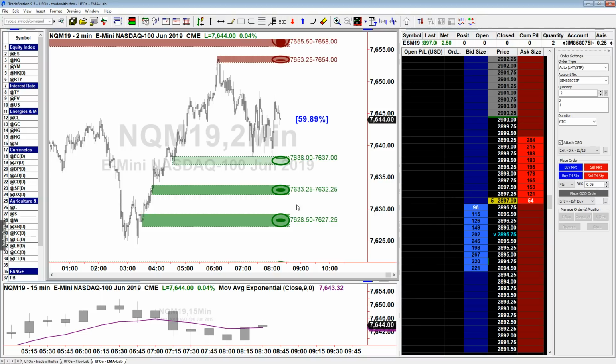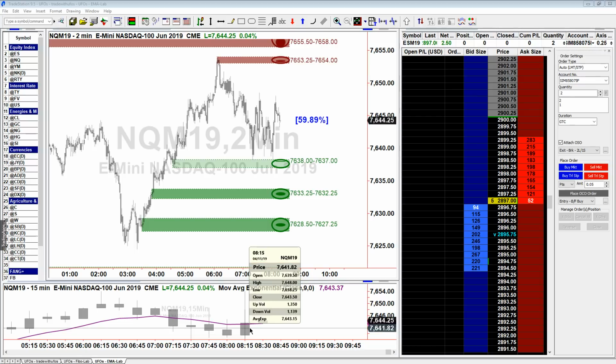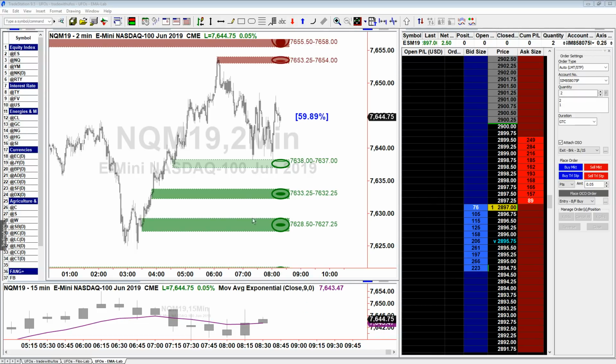So what do we have in the case of the NASDAQ? It seems that the prior candle did close above. The average, as you can see, is 76.43.15, and the close was 76.43.5. So 0.5 is more than 0.15, and therefore we do have a close above the average. So with the NASDAQ we're in an uptrend, and therefore you will be ready to take on a long trade.